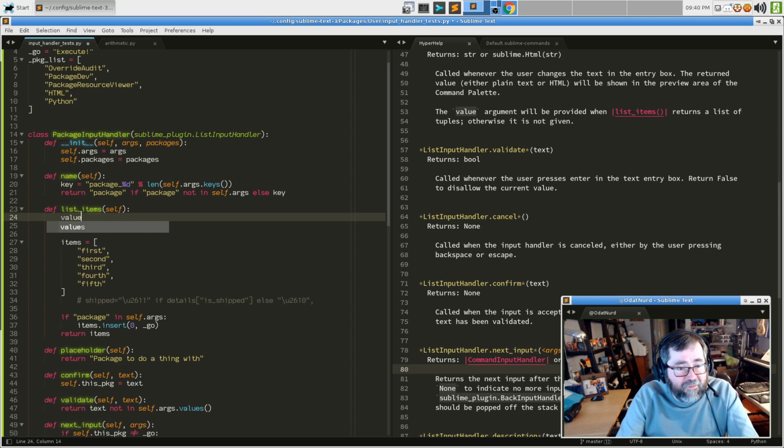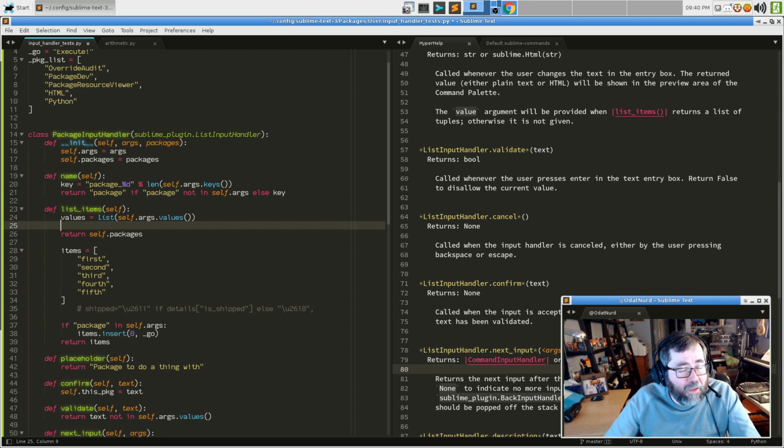So we say values equals self.args.values, and we'll list that, right? So every time this gets called, we get a list of all of the values for arguments that we've already been provided. And in that list, we need to iterate over it for, oh, actually, this is an example of